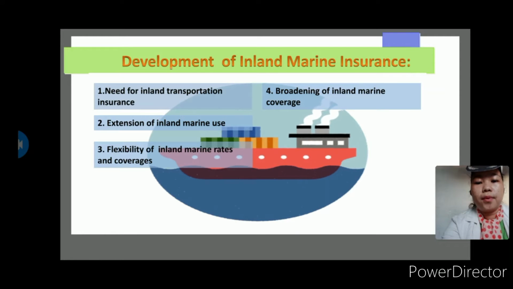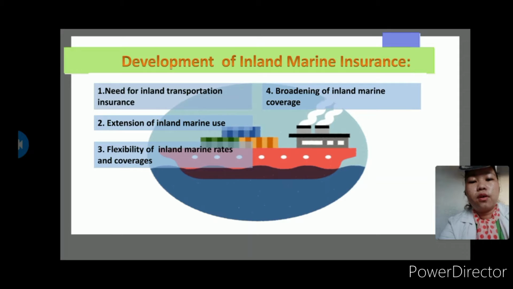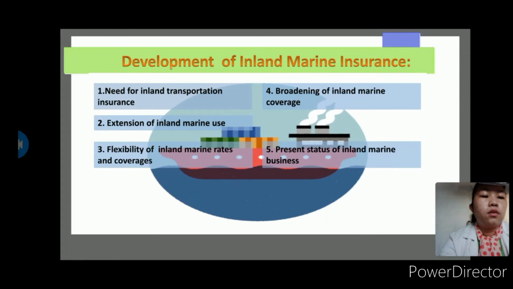Marine insurance companies received complaints from casualty and fire insurance companies. So these complaints were resolved in 1933 in the acceptance of the insurance company's definition of insuring powers of marine and transportation underwriters by the National Convention of Insurance Commissioners. So with this, we have the present status of inland marine business.